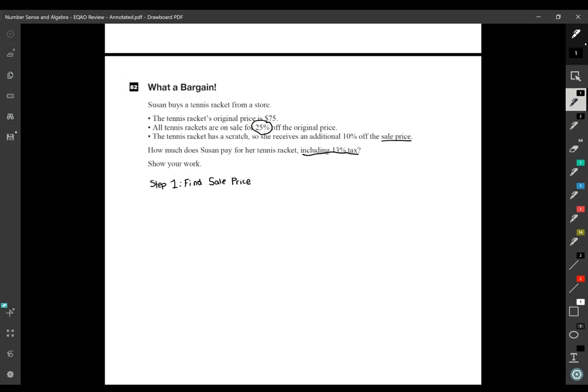So remember, we're saving 25%. So what does that mean about what we're paying? If we save 25%, that means we're paying 75%. Key information, we pay 75%. How did I get 75? Well, I did 100% minus 25. Okay, so to get the sale price,